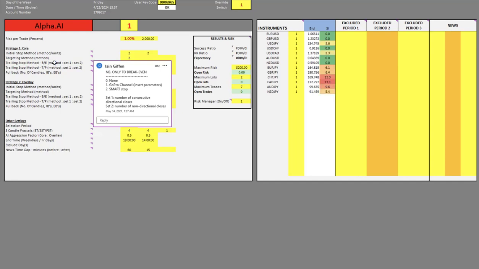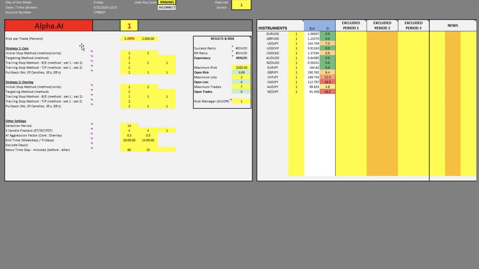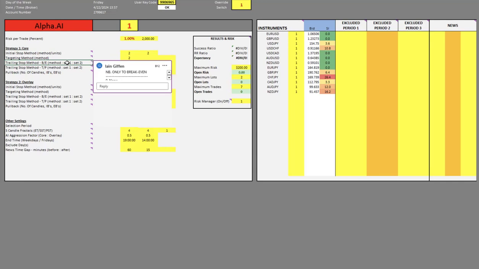So if we're in a bullish trade and we're using a 3-6 trailing stop, that means that if we have 3 consecutive higher closes in a bullish trade, then the stop will be trailed to the lowest low of those last 3 candles. Otherwise, it'll look at the last 6 candles. So you'll notice that at the moment we've got a setting of 1, which means that we are in fact using the GoPro channel,